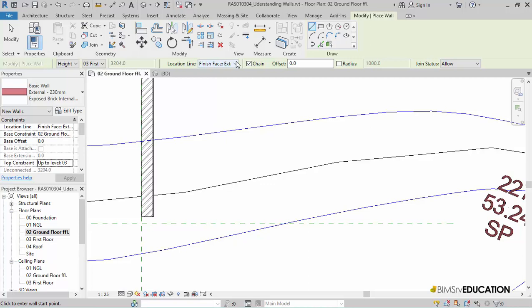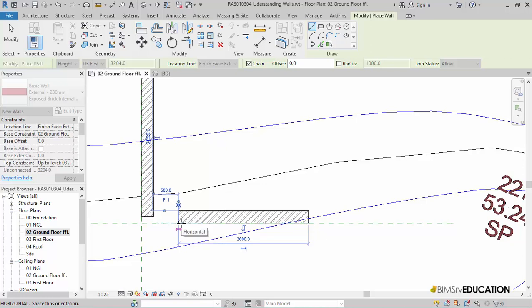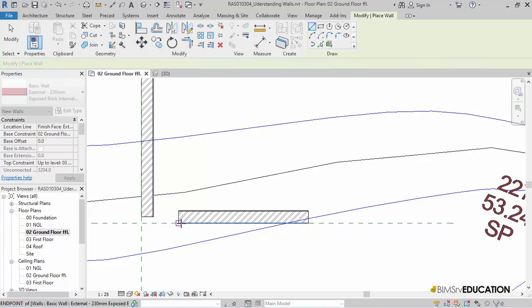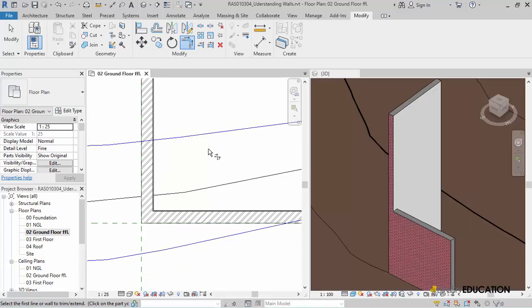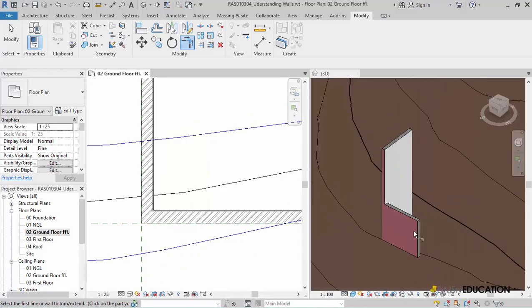I'll draw the wall from right to left and then use TR shortcut for trim to join the two walls. I'll use the TW shortcut to create the tiled views to display the floor plan and the 3D view. Note, the horizontal wall is shorter than the other vertical wall. This is because we set the top constraint of this wall as the first floor.